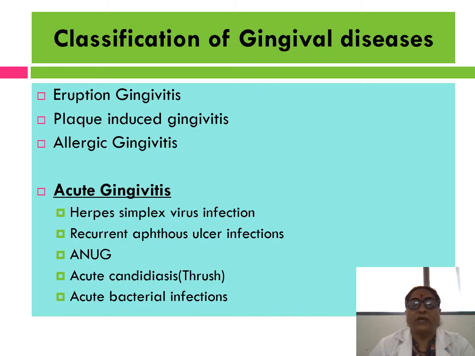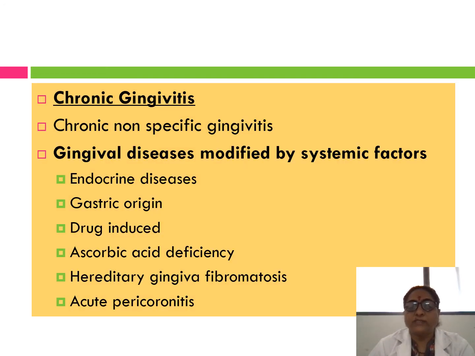Now let us see the classification of gingival diseases. Classification includes acute and chronic gingival diseases. Eruption gingivitis, plaque-induced gingivitis, and allergic gingivitis are common causes seen in children. In the acute gingival diseases we have herpes simplex virus infection, recurrent aphthous ulcer, ANUG, acute candidiasis, and acute bacterial infection. Now when we see the chronic gingival diseases,